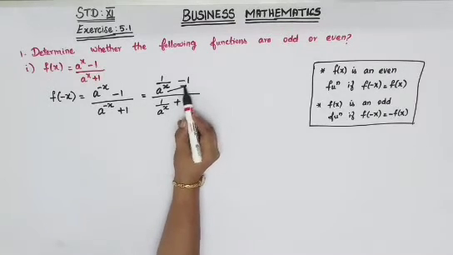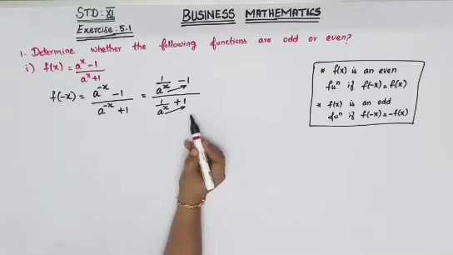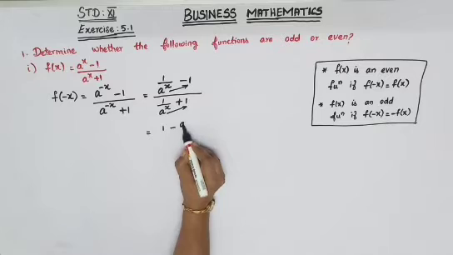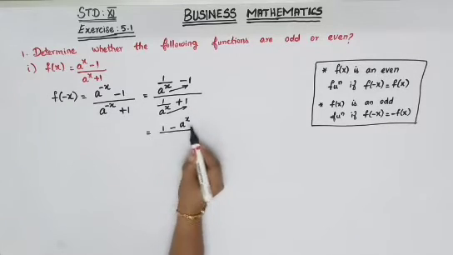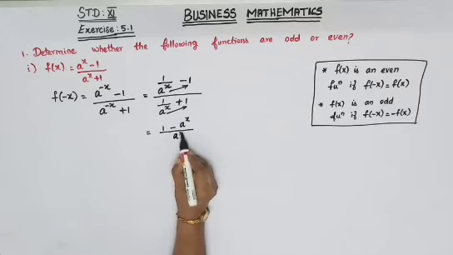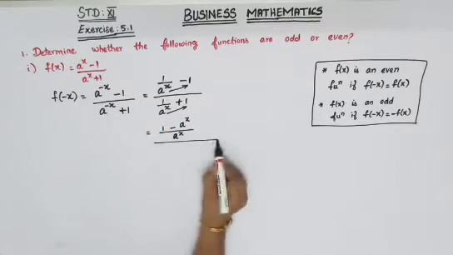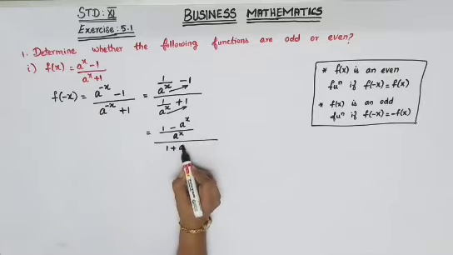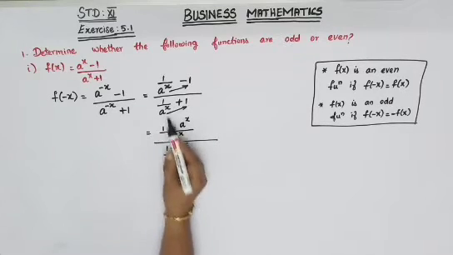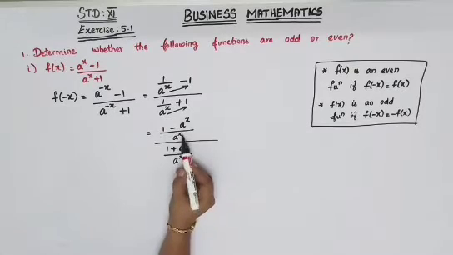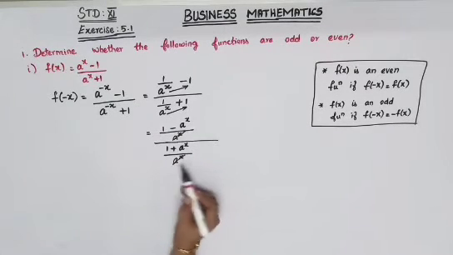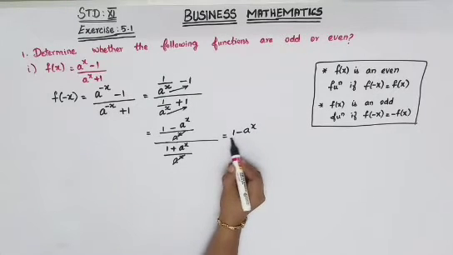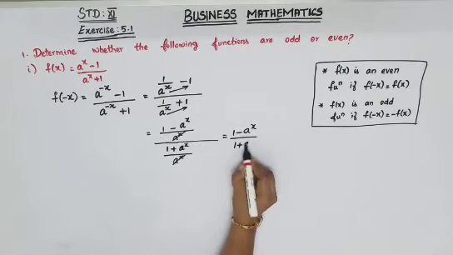Now go for a cross multiplication in both the numerator and the denominator. 1 minus 1 into a^x will give a^x in the numerator, divided by a^x as it is. In the denominator, 1 plus, again a^x divided by a^x. So you can cancel a^x and a^x. So you will have (1 - a^x) divided by (1 + a^x).